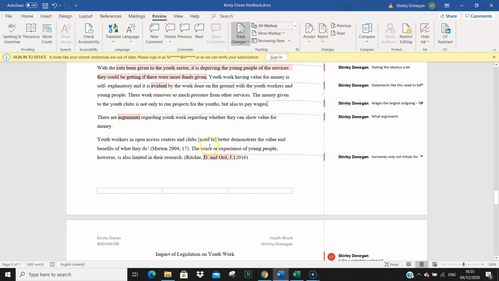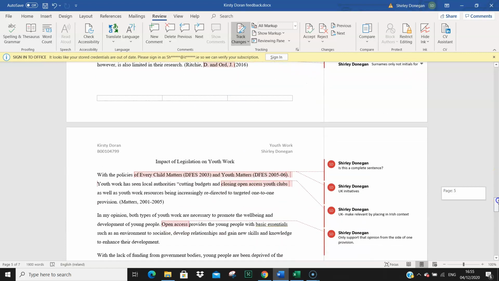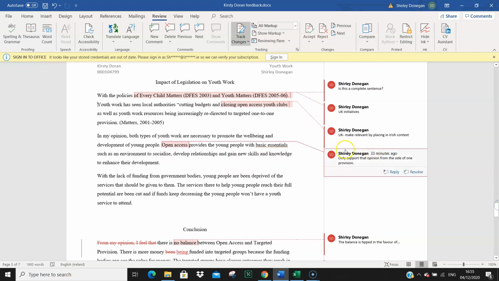Here, this isn't really been as effective as it needs to be, and it's just Ritchie and Ord 2016. We don't put in their first initials. Here we have with the policies of Every Child Matters and Youth Matters, then there's a full stop, so that's not a complete sentence. And if it continues on, then